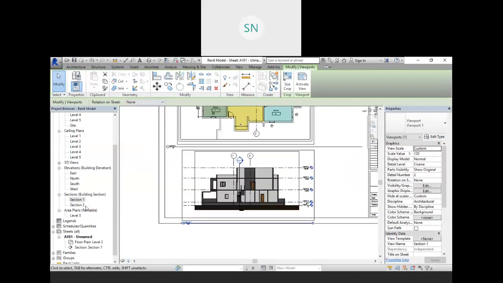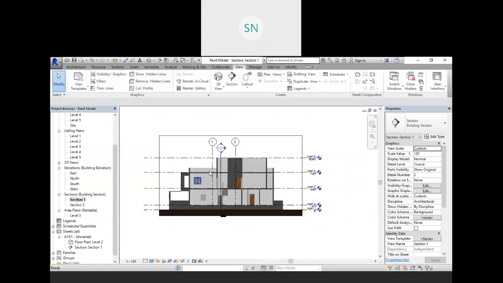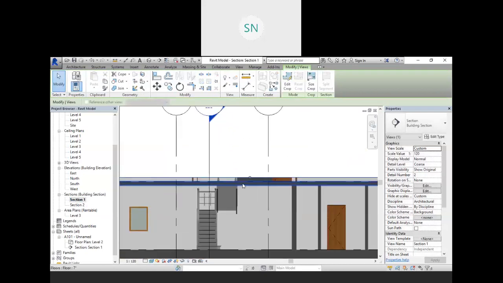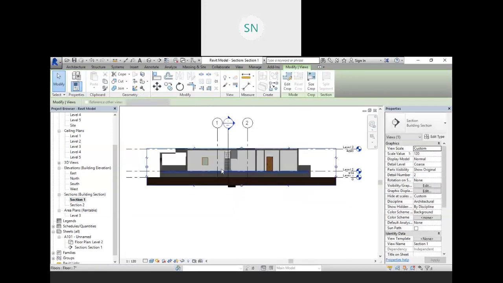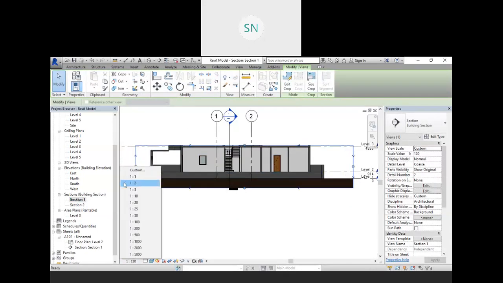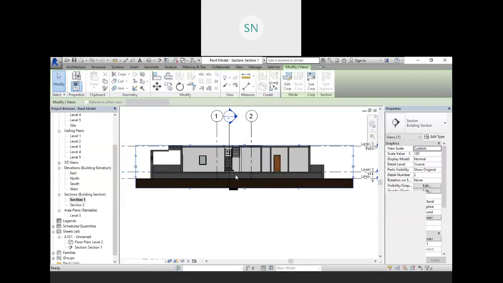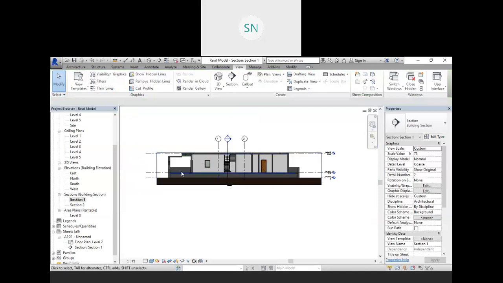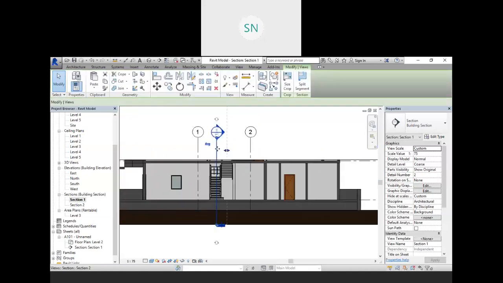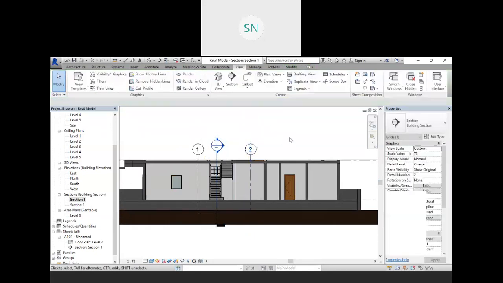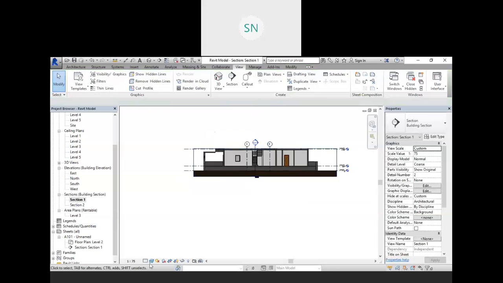So what we will do, go to the section plan. Here in the crop region I'm just taking it down. I just want my first floor things. In a 3D view you can choose or provide the same scale over here, 1 is to 75, right? And the rest of the things is fine. Make sure these are small enough, this grid line and all. And also let me go with the wireframe mode.